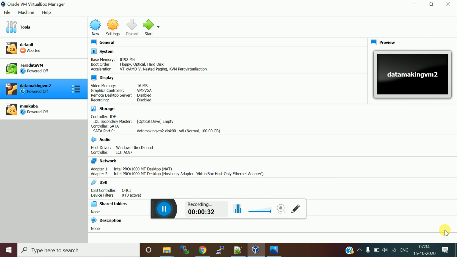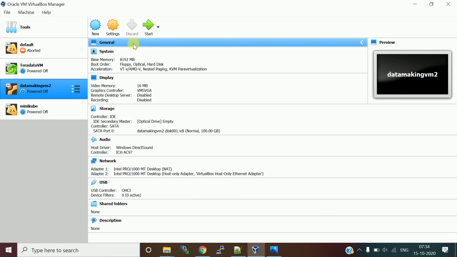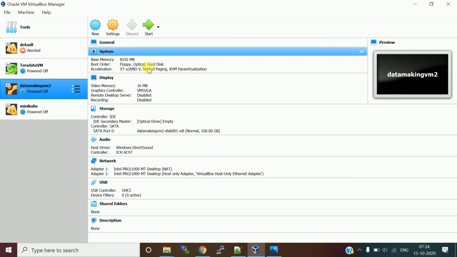Okay, so I opened my VM. Before starting, you can log into the VM, open the terminal and work on it. For example, if you want to connect from your Windows machine to this VM through the PuTTY utility and work on the VM from outside.